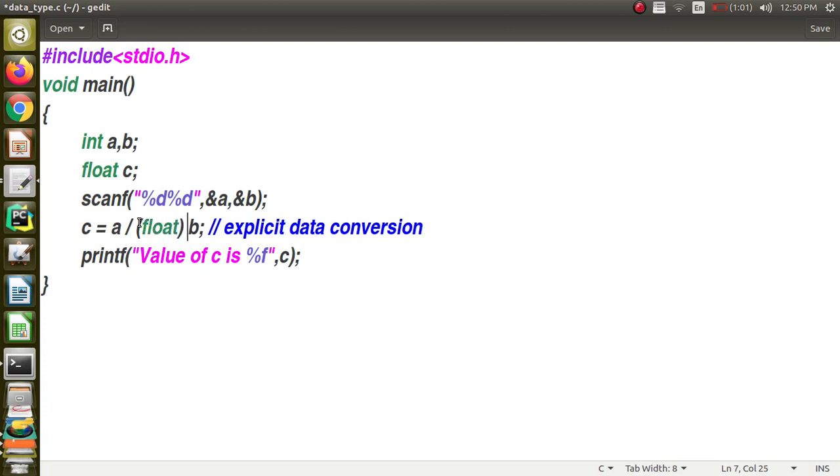So I will put within parentheses the data type to which this variable has to be converted. I want to convert B to a floating point value, means just put float within parentheses before the variable name B.